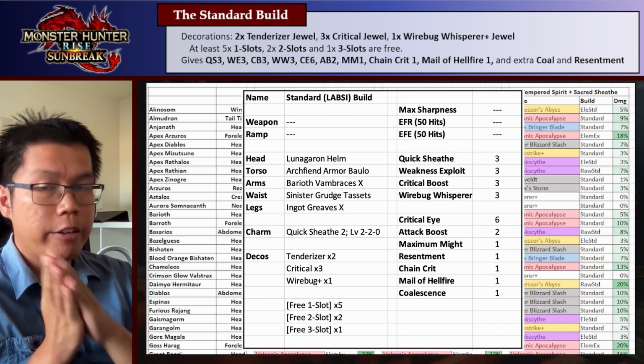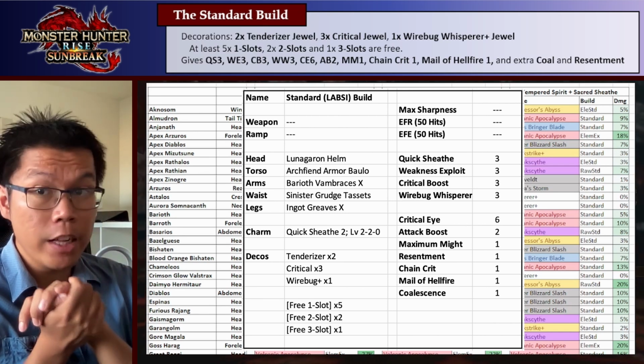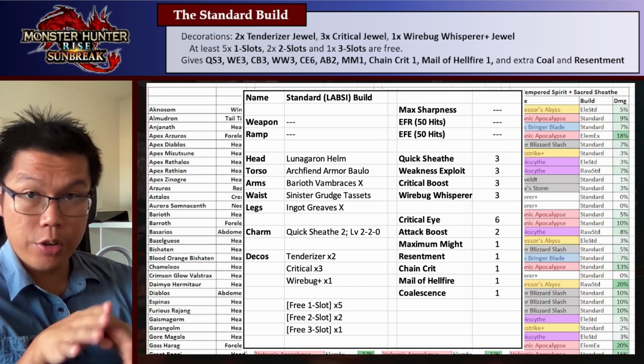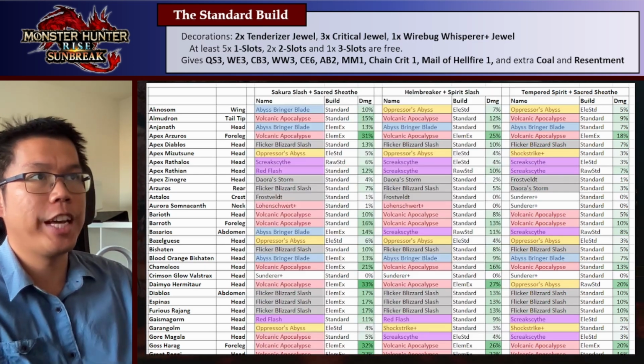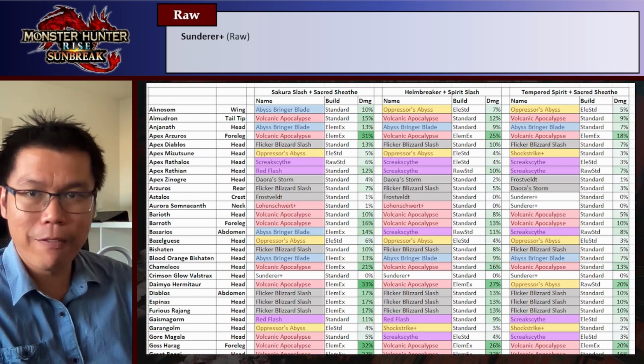Chain Crit, which is very, very good, especially for Element. 1 point gives you a lot of damage. Mail of Hellfire, which also gives a lot of raw. And you also get free Coalescence and Resentment, which I don't use for the calculation, but it's a nice bonus to have. So with that in mind, let's see an example of that LABSI standard build,